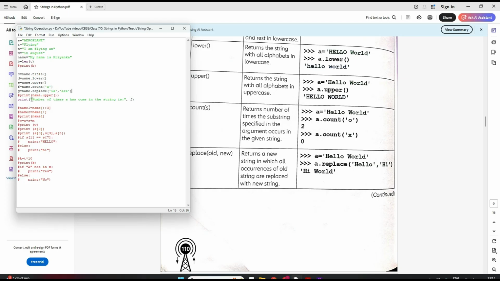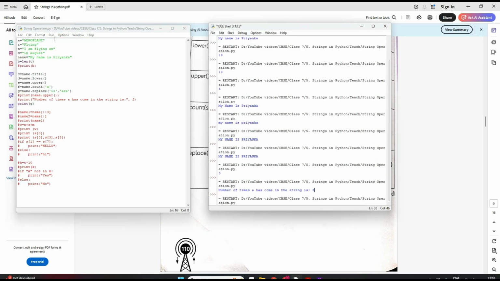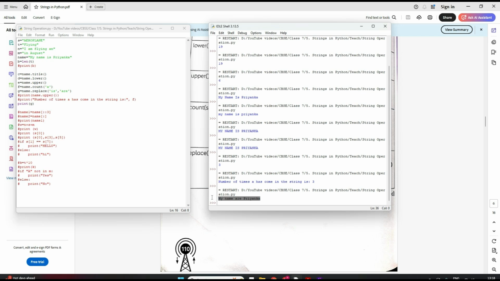Now let me print G. Now see, what should it come? My name R Priyanka, right? Something like this. Now let's run and see. See, my name R Priyanka. Did you get it?